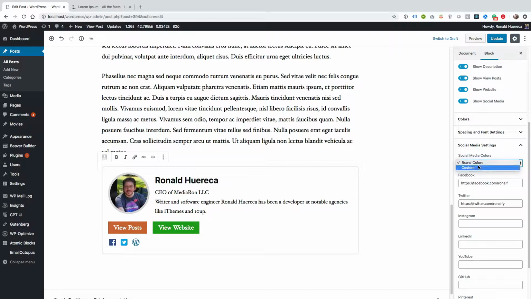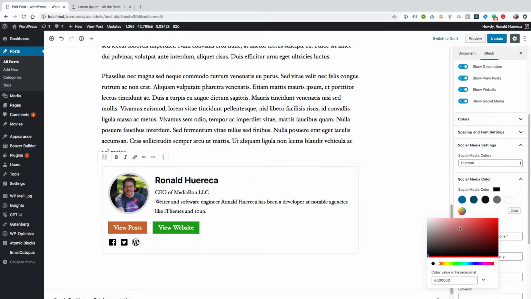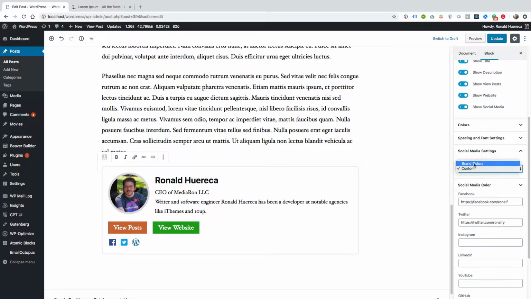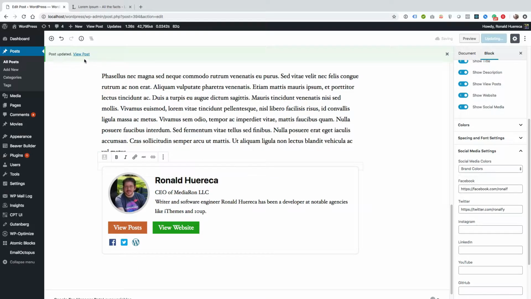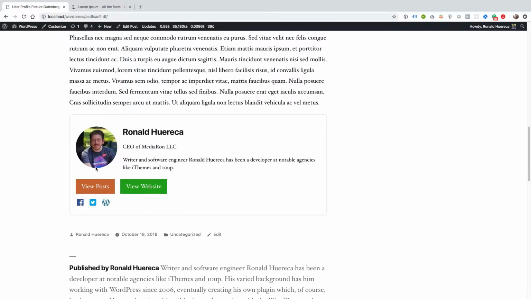If I don't want to use the brand colors, I can use a custom color and change that to whatever I want. But since I like the brand colors, I'm going to go ahead and clear it and choose brand colors and show you what that looks like on the front end. So now I have a profile with a view post, view website, some social media,